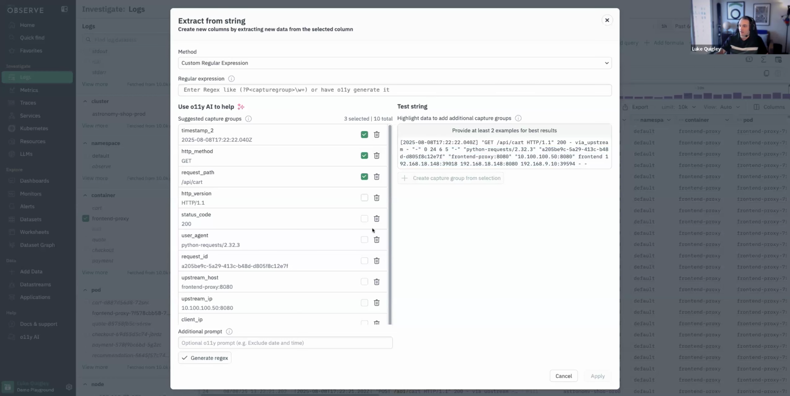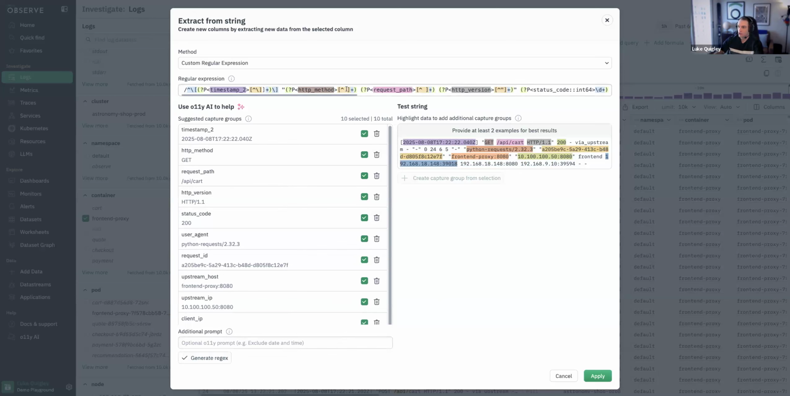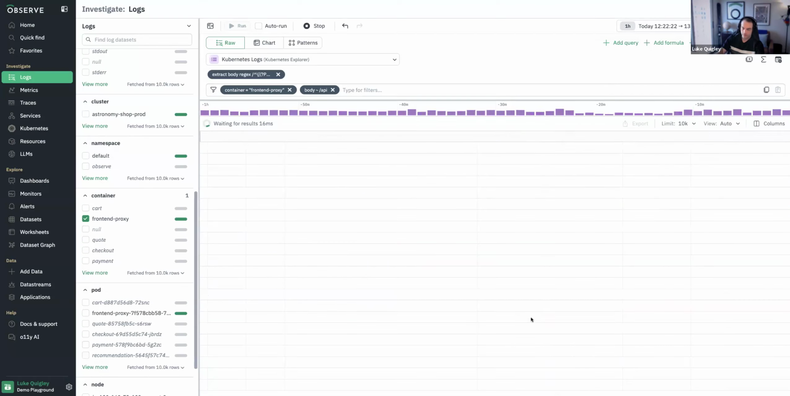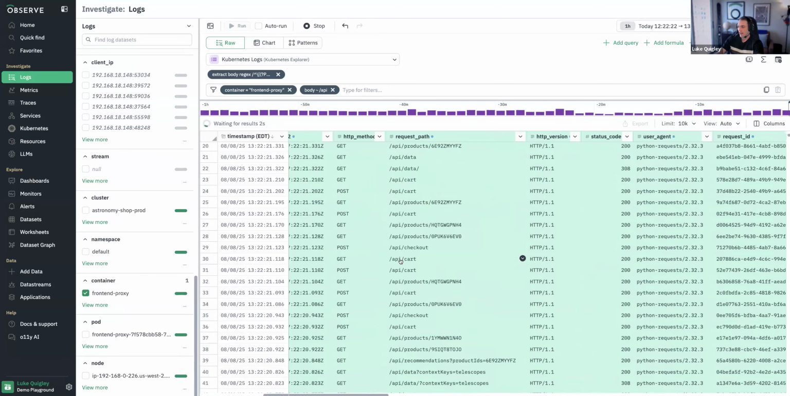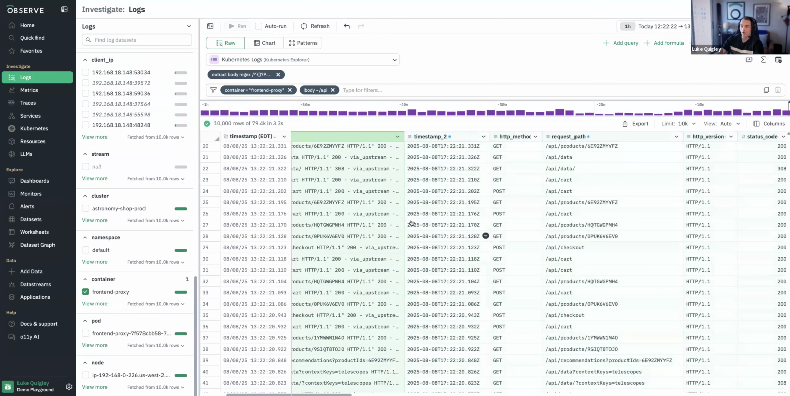In this case, I'm just going to select all of the different fields here. You could also select just the ones you're interested in. I could say, just give me the status code and the request path, but I'll select all of them here just to prove that it'll work on all of them. And you can see that it wrote this rather nasty regular expression for me at the top, and it highlights the different fields or dimensions that it's going to parse out with that regular expression. I'm going to click apply. And just like that, we now have all of those fields and dimensions parsed out from our